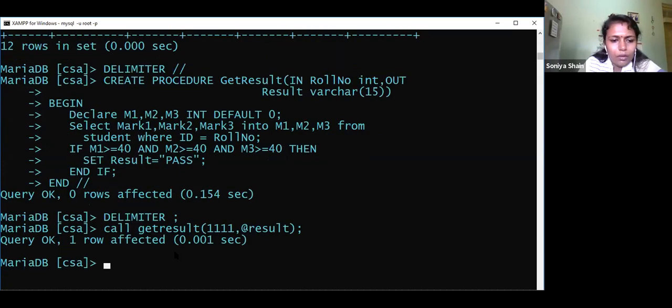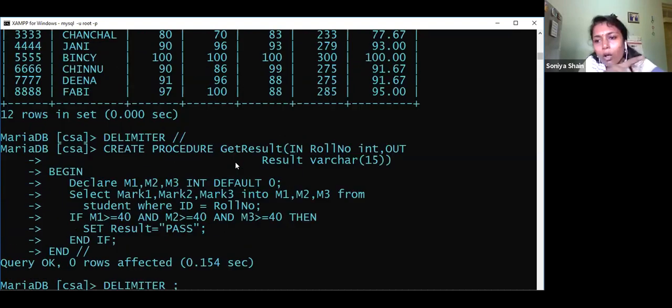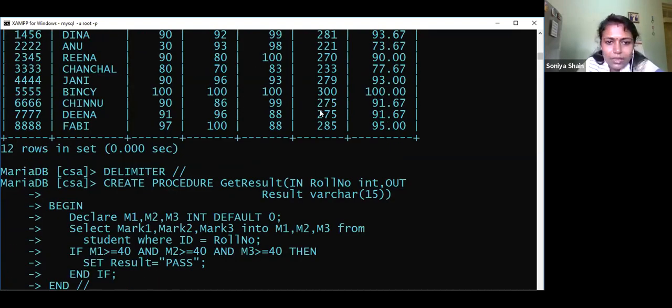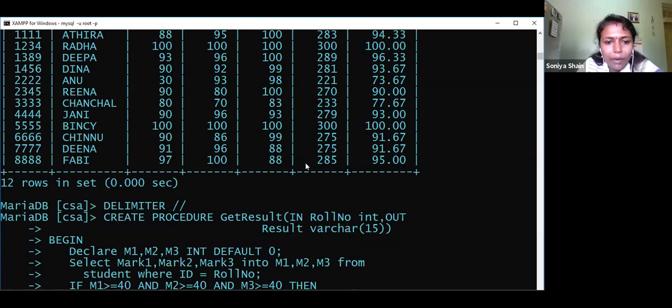Okay, so what happens? Now 111 is passed, so the roll number will be 111. The details of the person whose ID is 111 will be assigned to M1, M2 and M3, and it checks the condition. Already we have seen for 111 that all the cases are pass, so we have to get pass.